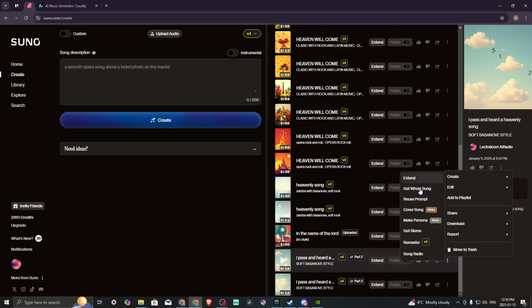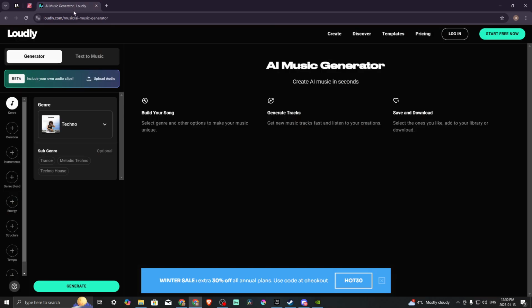Really awesome results, in my opinion. So let's take a look at Loudly. What does Loudly have to offer? Well, this is something that we'll take a look at together because I have not really played around with Loudly too much, but I can tell you right off the bat, just based on the user interface here, that I